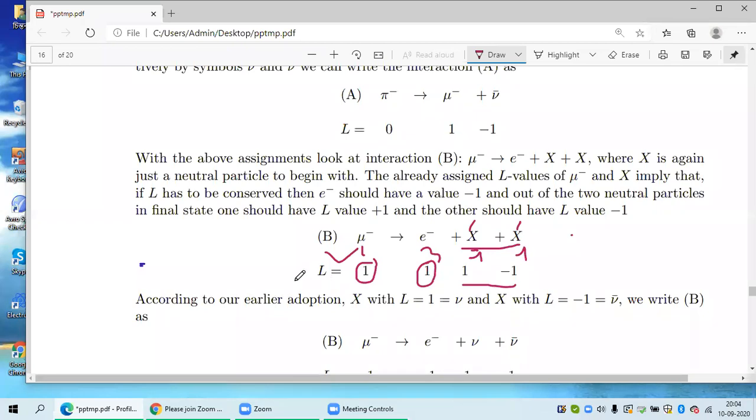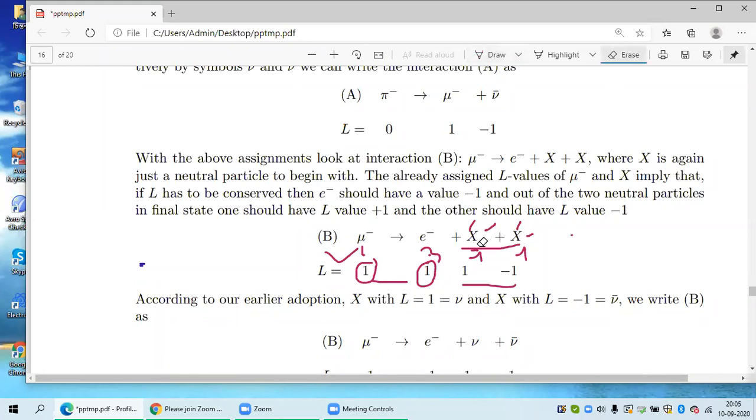This is also a possible choice, but the second choice demands that both particle and antiparticle are produced in the muon decay. These two particles are not the same particles. This has been experimentally discovered later, but historically people found that the most conservative approach of assigning quantum numbers between 0 and 1, not to high values, suggests that the conservative approach prefers these two particles to be particle and antiparticle.